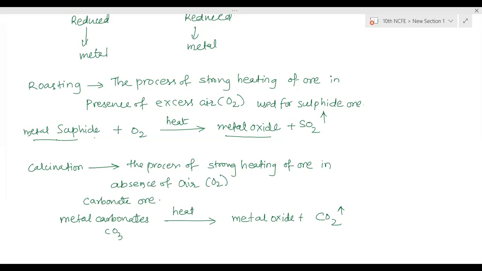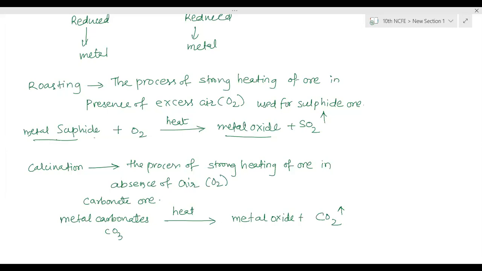It's clear? Okay. So here I have already given you 3 points of difference. One point is the definition itself. Second point of roasting and calcination differences: roasting is used for sulfide ore and calcination is used for carbonate ores. And the third point is the reaction you can write. In the roasting process, sulfide ore is converted into oxides and sulfur dioxide gas is released. And in calcination, carbon dioxide gas is released along with formation of metal oxide. So these are the 3 points of difference between roasting and calcination.